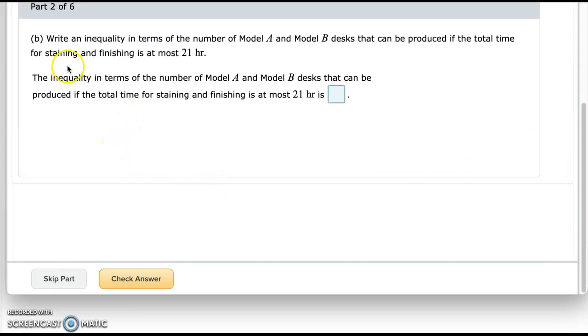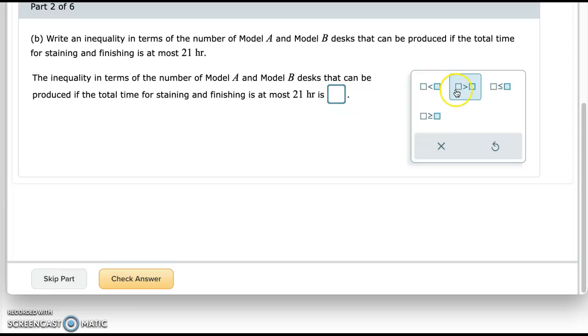So now for part 2, we are going to write an inequality in terms of the number of Model A and Model B desks that can be produced if the total time for staining and finishing is at most 21 hours. So we have to, at most is this less than or equal to inequality. So the word at most means it can be that number or less than. So we're going to say 21